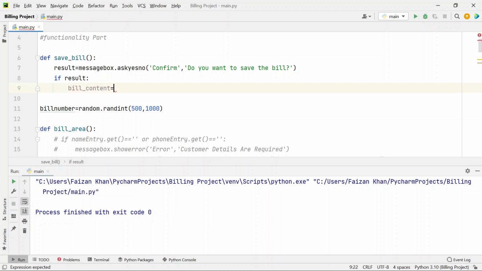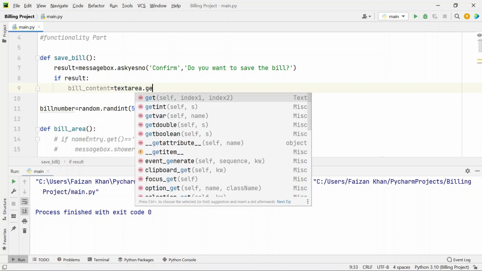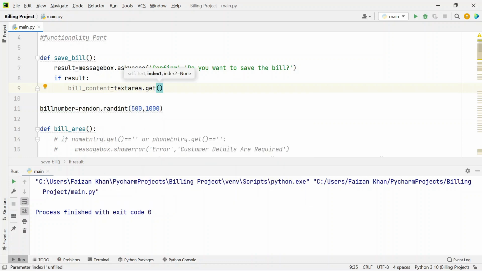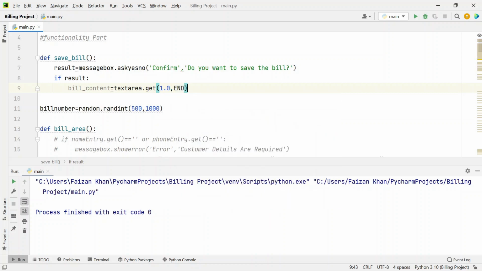So how can I get all the bill content that is there on the text area? I'll write text area dot get, and from where to where you want to get, I want to get the complete content, right? So I'll start from the starting index, which is 1.0, and I'll go till the end. So I'll get everything from the text area and will store inside this bill content variable. So now this bill content will have everything,